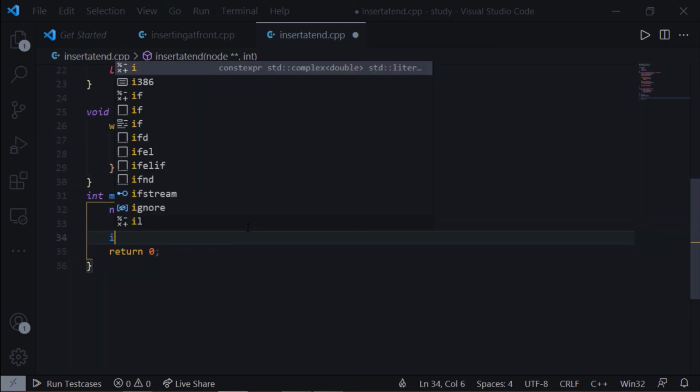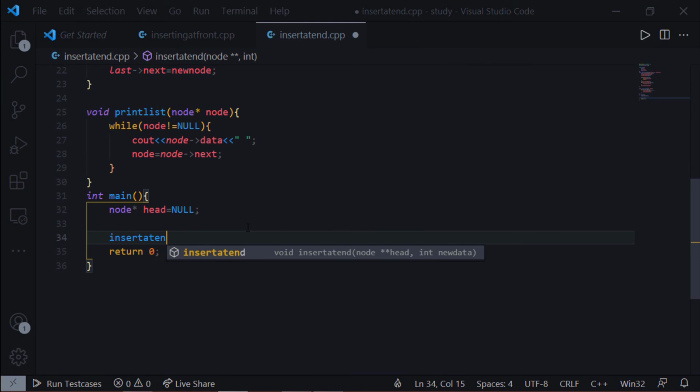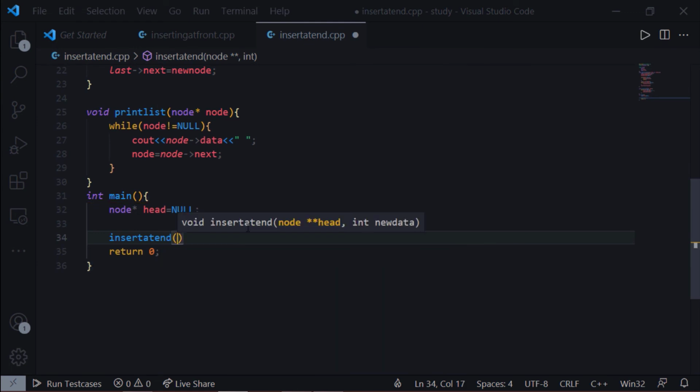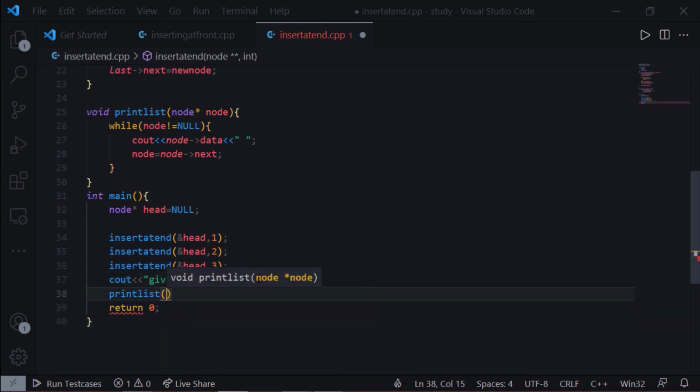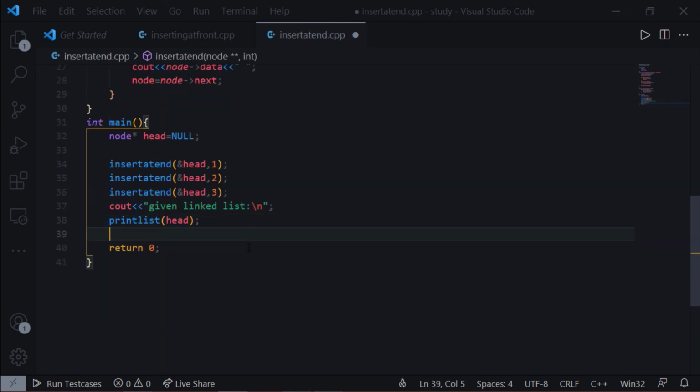Now I'm inserting the values: insert at end, passing the address of head and the value 1. So I'm taking a linked list with 3 nodes. Then cout given linked list, and I call the print list function and pass head in it. So this is our given linked list.